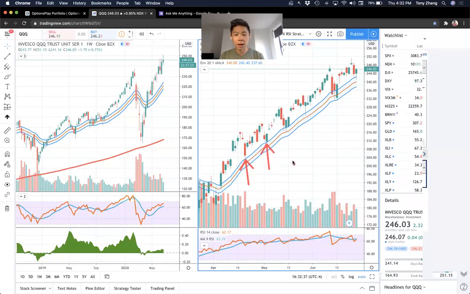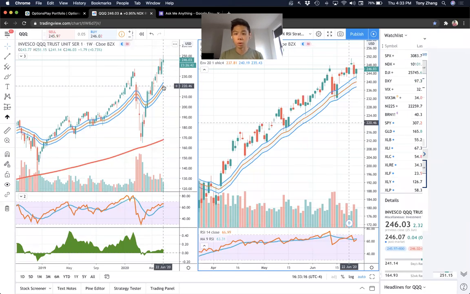And notice how every single time it touches the 20-day exponential moving average, it's been a buying opportunity. Price action into the close was extremely strong, and that's the same opportunity we currently see. On the daily level, I would say this negative divergence has resolved itself, but the weekly chart still shows a fair amount of negative divergence. So on the longer time scale, we see perhaps a higher probability of a pullback into this 220, 225 level on the rising 20 week moving average. But that is some of the concern that we do have.